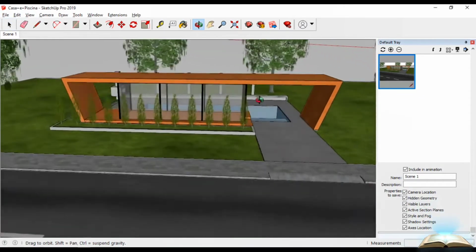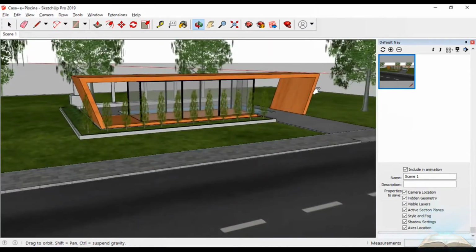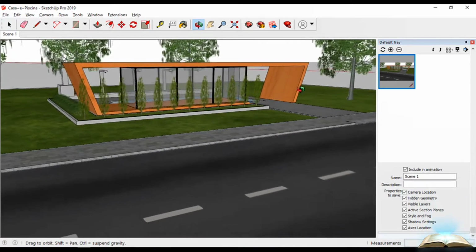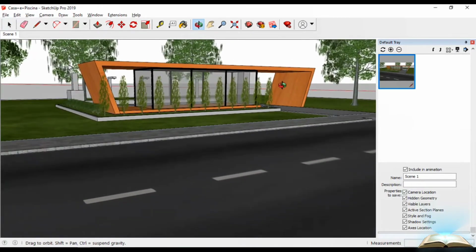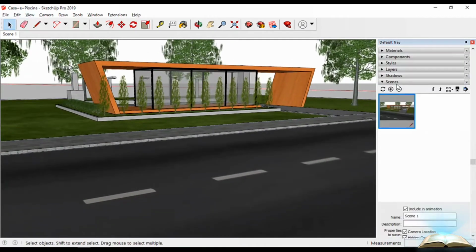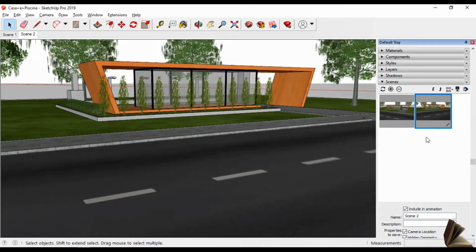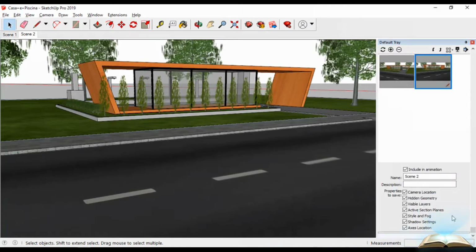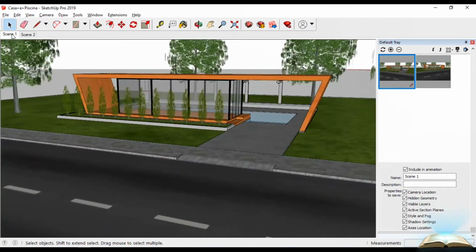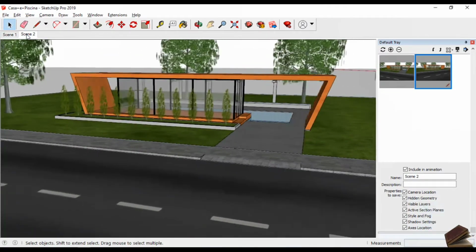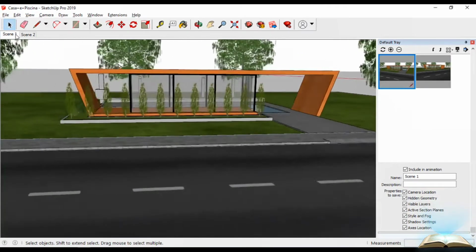And if I want to create a new scene, like just like this, a new perspective, and when I click on this, this is our Scene 2. It also has certain attributes that were presented earlier, and we can switch between scenes like this, and you can see it is animating between the two scenes.